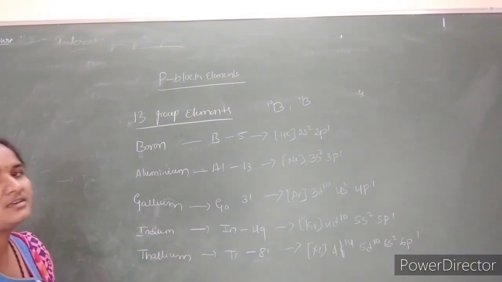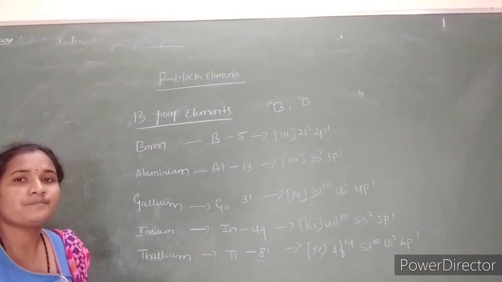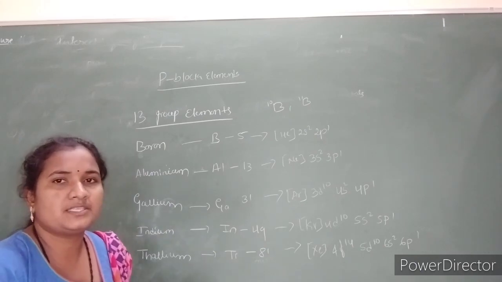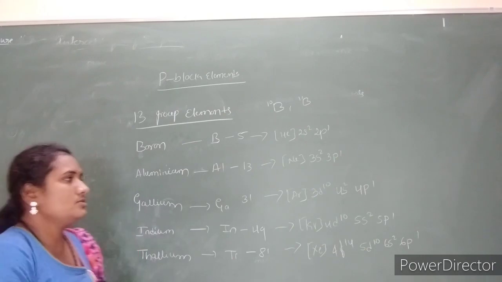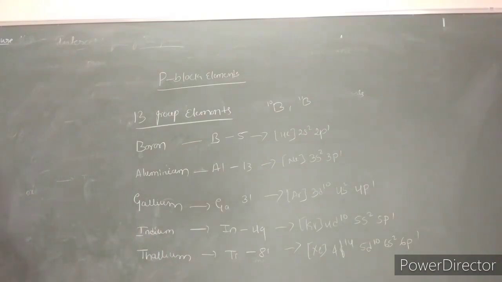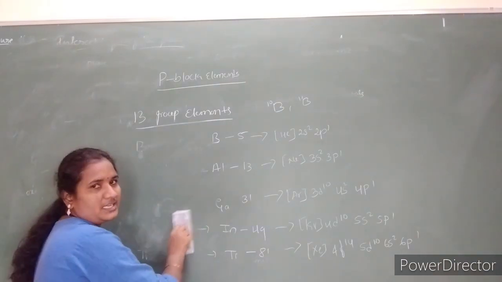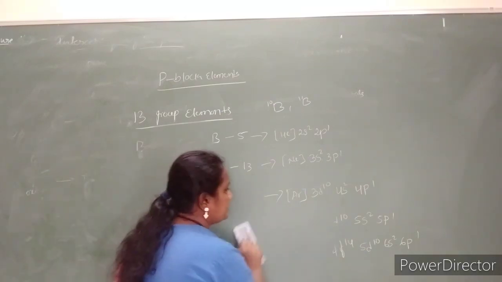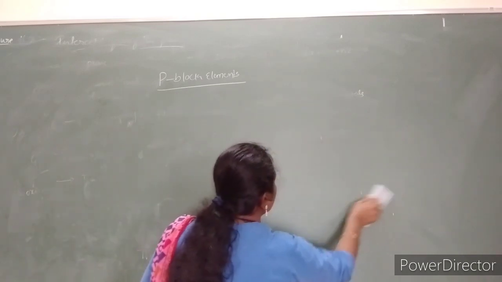in their electronic configuration. This difference will affect other properties like ionization enthalpy as well as electronegativity. Due to this different electronic configuration, these will exhibit different properties and it will arise as diversity in the chemistry. So this is the general electronic configuration. The next property is the atomic radii.